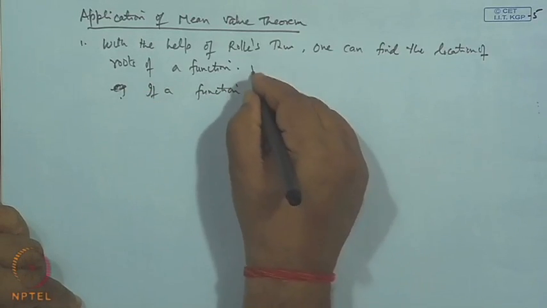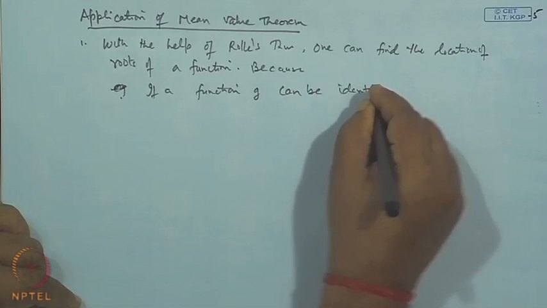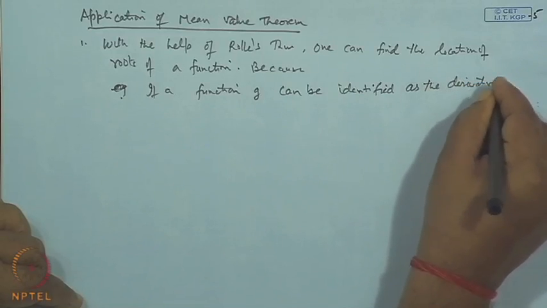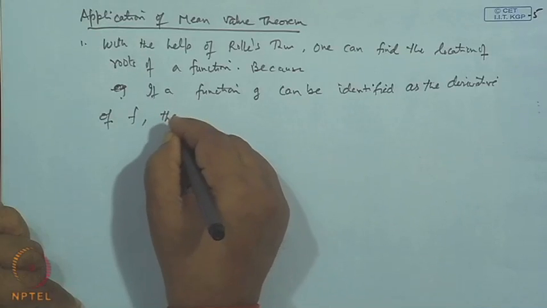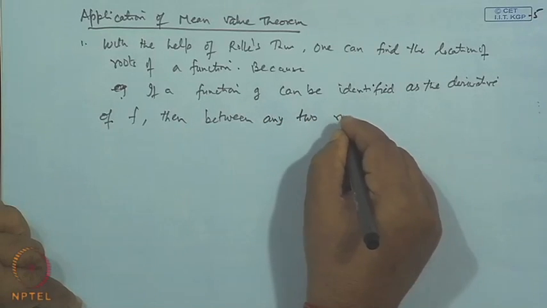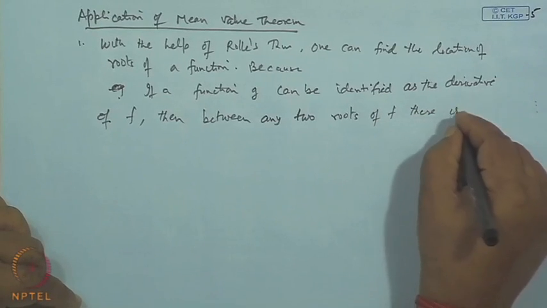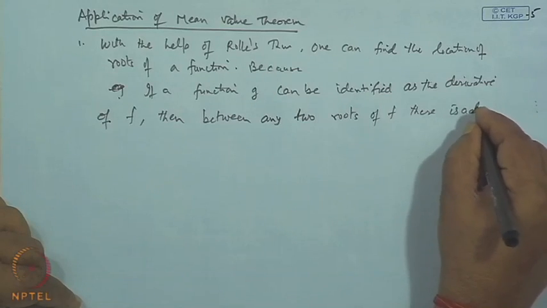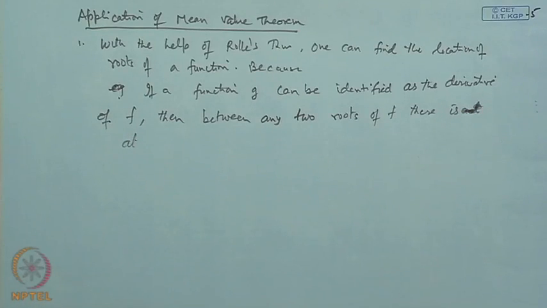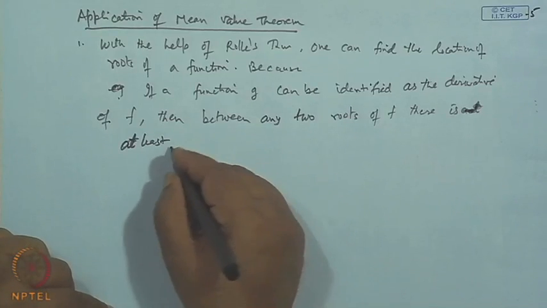The reason is because if a function g can be identified as the derivative of another function f, then between any two roots of f, there is at least one root of g,